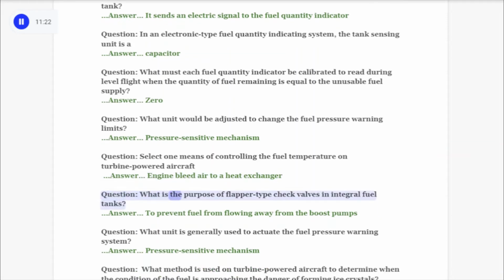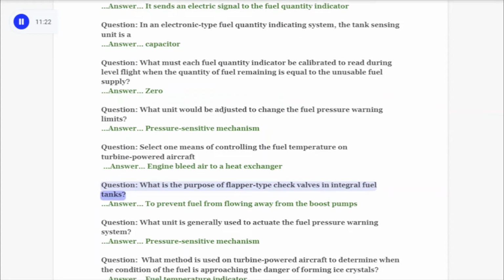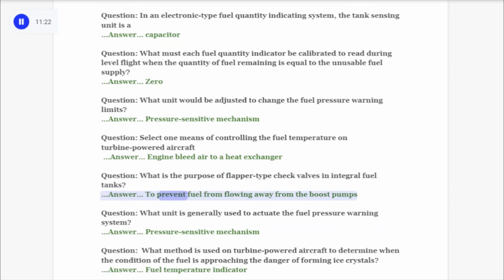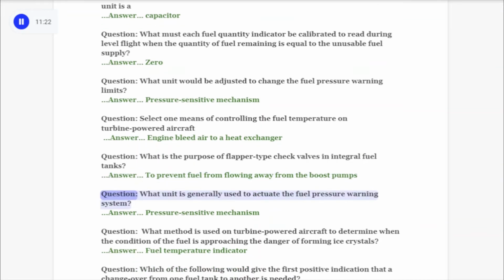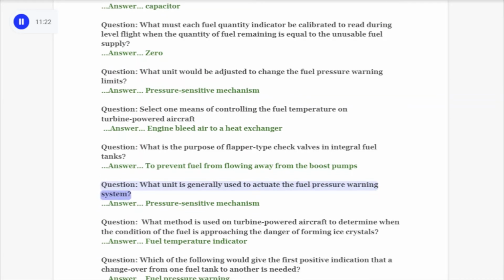Question: what is the purpose of flapper-type check valves in integral fuel tanks? Answer: to prevent fuel from flowing away from the boost pumps. Question: what unit is generally used to actuate the fuel pressure warning system? Answer: